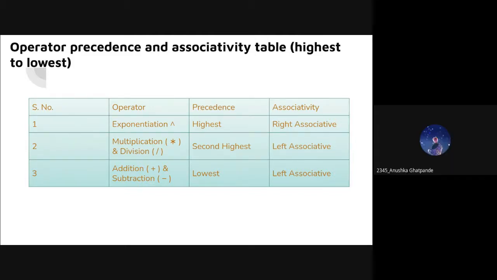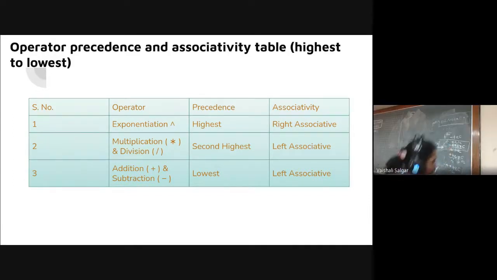Ma'am, but I still didn't understand: for postfix, both multiplication signs should be after C, right? Why is one before and one after C? See, same way over here. When I am writing 4 into A, what will be my postfix format? It will be 4A and then asterisk. Now this will be my one operand. Then I have into C, so this complete thing is my N1 asterisk, and this is my second number.